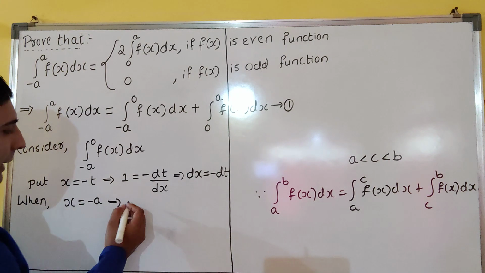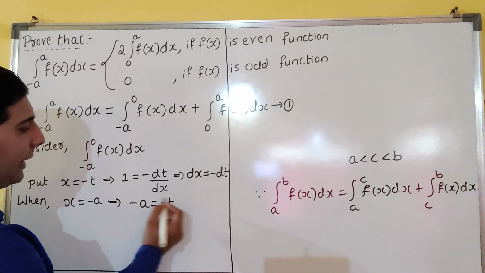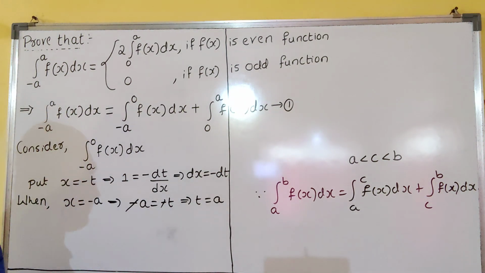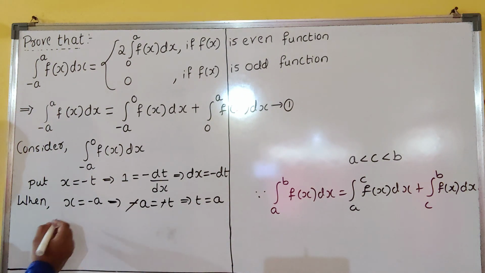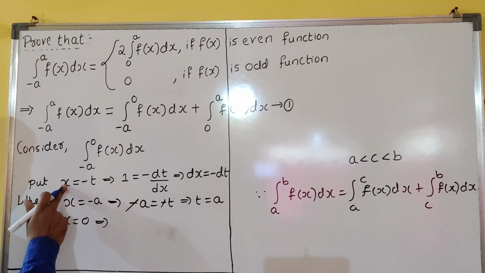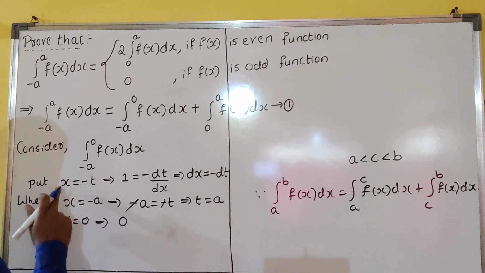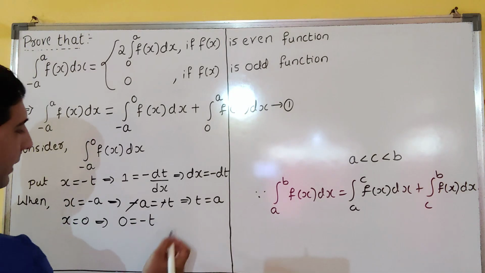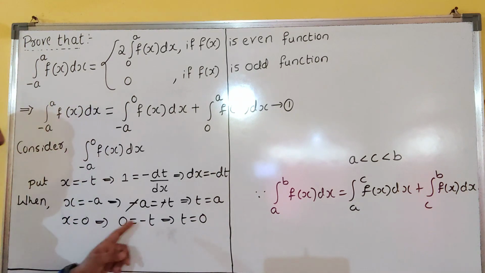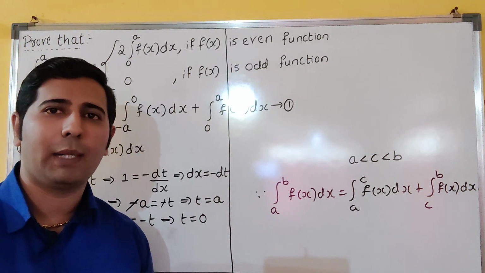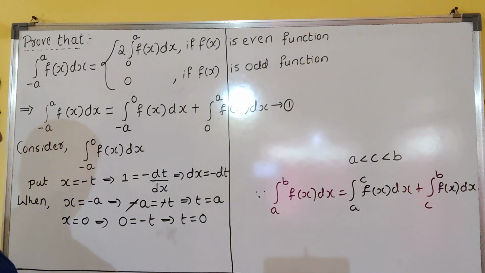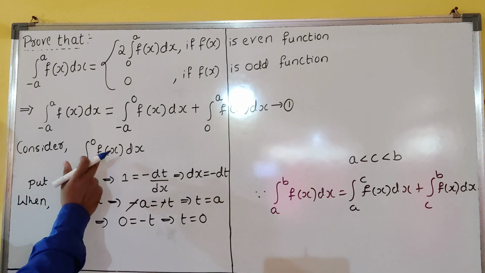X value is how much? Minus a is equal to minus t is there. So minus minus get cancelled. T value will become how much? A. So minus a has become plus a. So next, upper limit is how much? X is equal to 0. So x value you put here, x is equal to 0 and is equal to minus t. So if you send the minus to this side, it doesn't make any sense. T is equal to 0 we will get. Minus 0 we can't write. 0 is a non-negative number, dear students. It is neither positive nor negative. Got it? So 0 we have written. So now see, then what will happen? You substitute in this one.